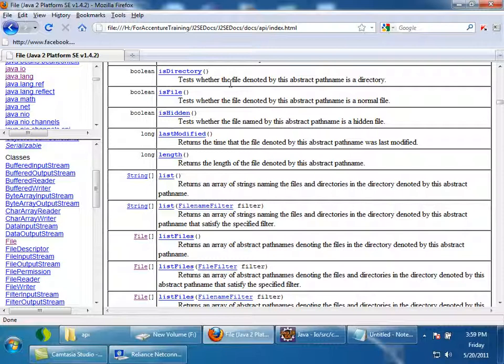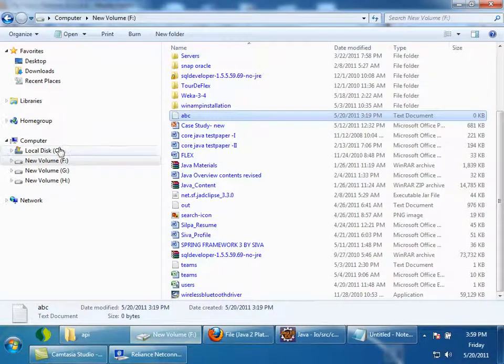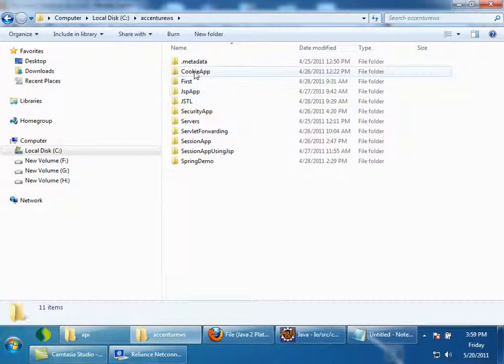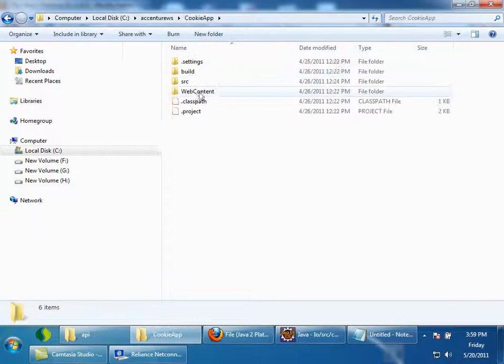So I want you to print all the files in C drive recursively. I'm using the word also. See, in C drive there is a folder called Accenture WS. Inside there are again a lot of directories. Inside it all lots of files and directories. So I want you to recursively go through all the directories in C drive and print all the file names. Okay? Write a program for it.